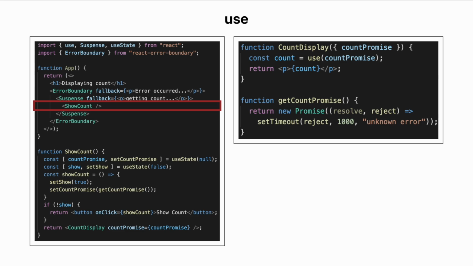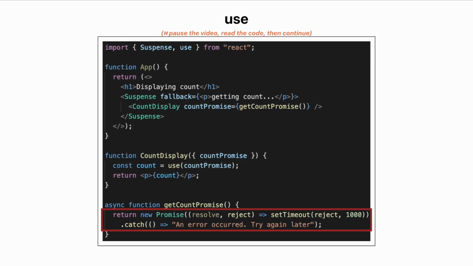We can call use inside the try-catch block and handle the rejected case inside the catch block. No, use cannot be used inside the try-catch block. If you want to call use inside the try-catch block, you have to wrap your component inside the error boundary. Also, use cannot be used inside normal function calls. As an alternative to using the error boundary, you can provide a promise.catch method. When a promise passed to use is rejected, the value returned by the promise.catch method is used.